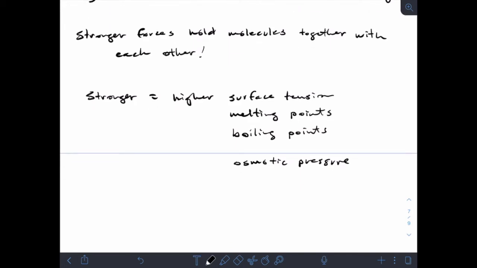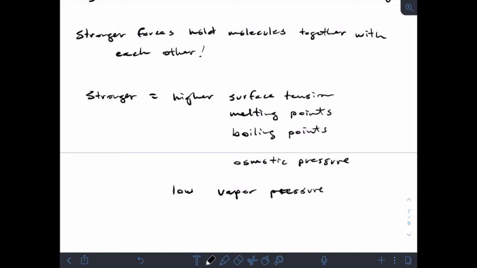And the weird one is that stronger forces mean low vapor pressure. Right? And I promise we will get to the discussion on vapor pressure here in just a little bit. Okay, but for now, we're going to step away from intermolecular forces a little bit, and we're going to look